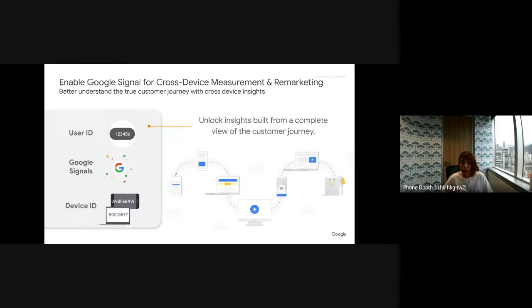And secondly, if we don't have user ID available, what GA will do is look at Google Signals and see if there's any Google sign-in data for these users, for example, on the Chrome browsers or from the Play Store as well. From there, we can understand they are the same users from different devices, and we'll connect those together. And then lastly, if both are not available, then we will look at the device ID, which is the first-party session ID for the cookie or for your device.